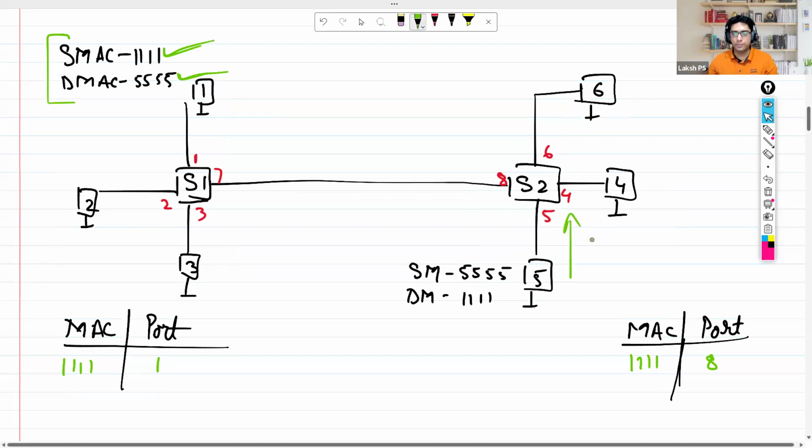PC number 5 responds. Switch 2 receives it. Switch 2 will see, does it know about the source MAC address? No. So it makes a note of it, and it was received on interface number 5, right? Then it checks the destination MAC address. Does it know? Yes, there is an entry. And to which interface should it be sending? Interface number 8. So switch number 2 forwards this data out of interface number 8 and it reaches the switch